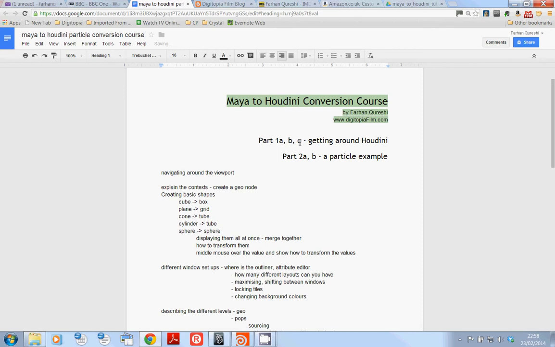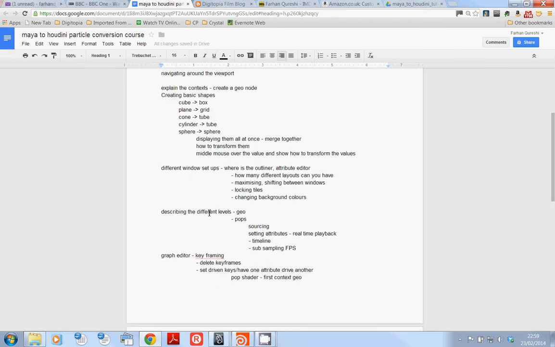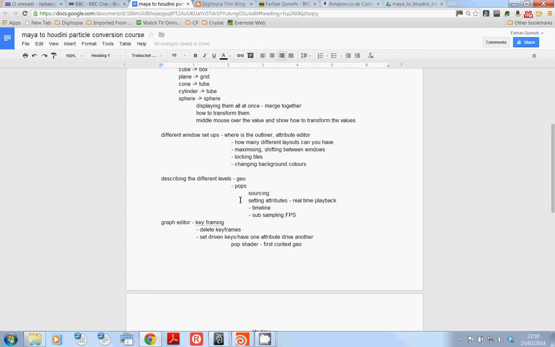So we did 3 basic setting up lessons in this Maya to Houdini conversion course. Now I'm going to jump into a very simple particle example which will, I hope, demonstrate to you basic particle sourcing, setting timeline and frames per second. We'll try to find out how the graph editor in Houdini works, how you can set and delete keyframes,